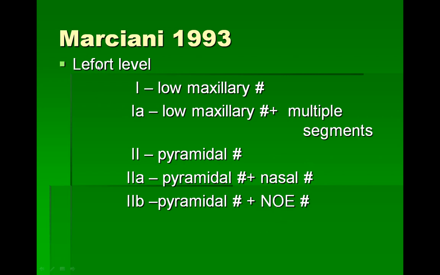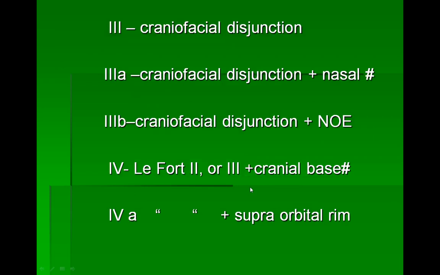So he included this: 2A, pyramidal plus nasal; 2B, pyramidal plus naso-orbital ethmoidal complex fracture. Lefort 3 is craniofacial disjunction; 3A, craniofacial disjunction plus nasal bone fracture; 3B, craniofacial disjunction plus naso-orbital ethmoid. He added